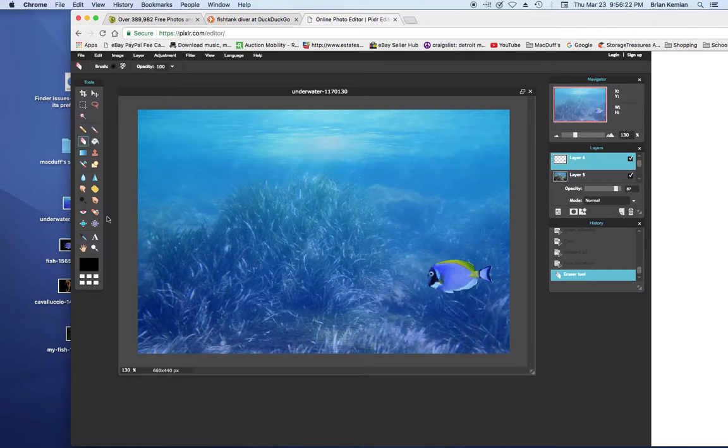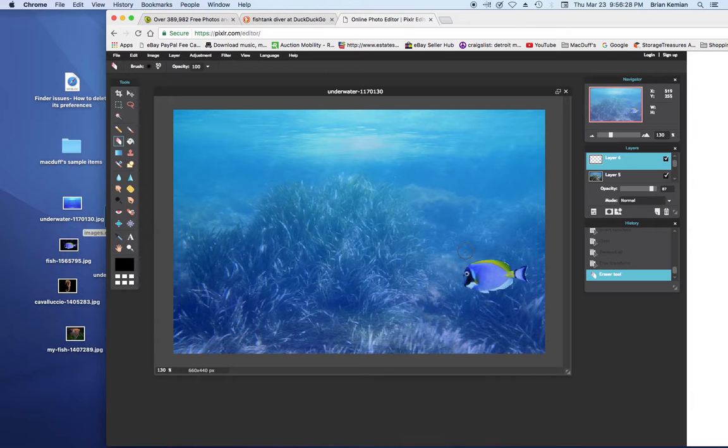And so there's my fish, and add your other images and build up whatever you're going to put in here. So I've got a picture of a seahorse, all those things. Cut them out real nicely and put them in your underwater scene. Now here's what I want you to do: I want you to save this image twice. Okay, so you're going to save,